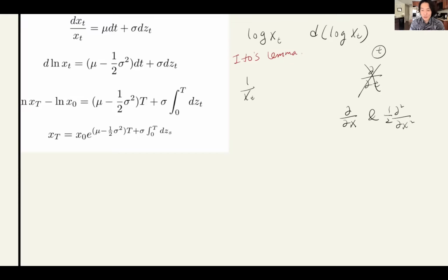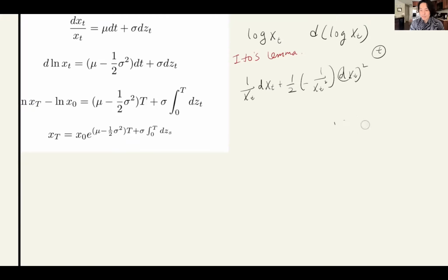So let's just first do the first one. By taking the derivative with respect to x, we have 1 over xt times dxt. But then there's the Ito term, plus half times the second derivative. And it becomes 1 over xt times dxt, minus, because there's a negative sign, minus a half times 1 over xt squared